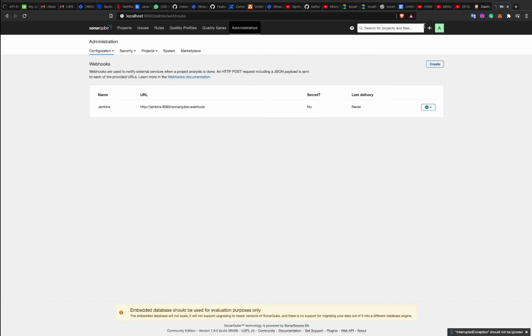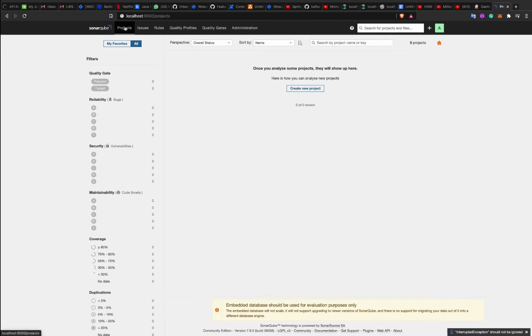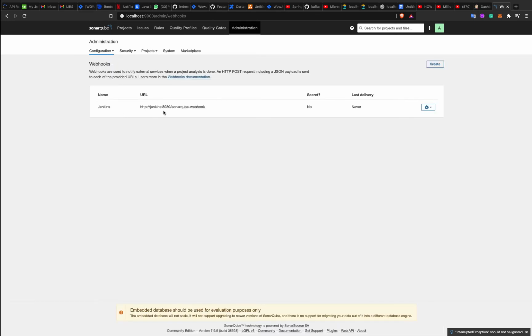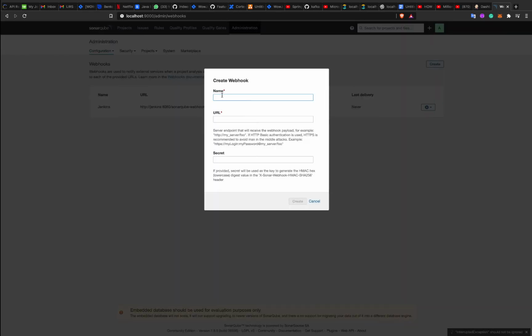So we're going to go to Sonarqube. You can just click administration, then configuration, then webhooks. I already have one right here, as you can see. If you want to create yours, you just click on this create button. The name, you can just call it Jenkins like I did, and then the URL, you are going to specify